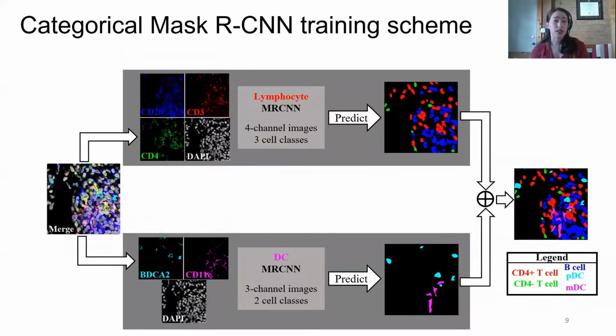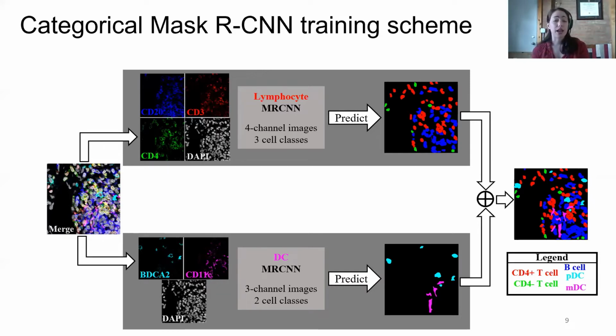So what we did is we trained Categorical Mask R-CNN, and so we split our 6-channel images into 2 sets of images. So on the top, we have our Mask R-CNN that's trained specifically to segment 3 classes of lymphocytes. So we have our CD20 to identify our B cells, and CD3 and CD4 to identify our 2 classes of T cells. We also have DAPI within each image stack just to confirm that there is a cell there,